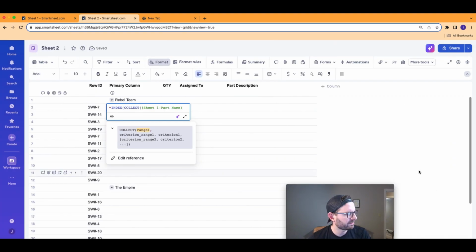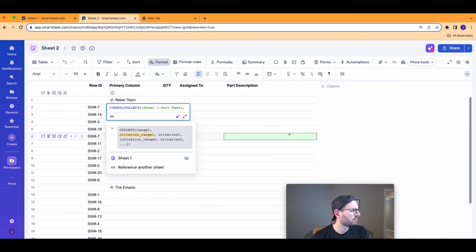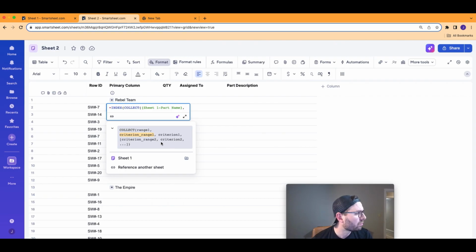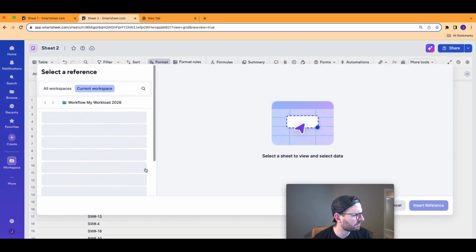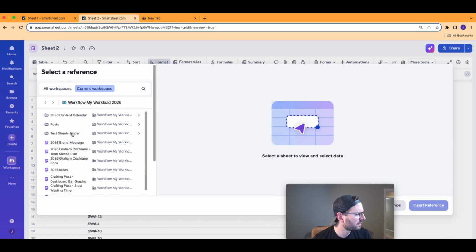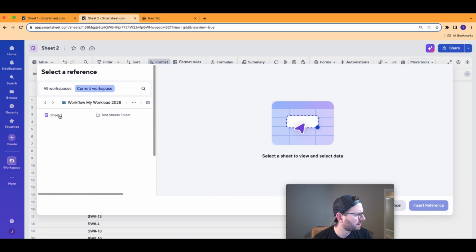Then I'm going to click comma. And now it's going to ask me for the row ID, that's your unique identifier, what do you want that to match with? So again, that's going to live in sheet number 1. So after my comma, I'm going to click reference another sheet, go back to the exact same sheet I was in before, test sheet folder, sheet 1,